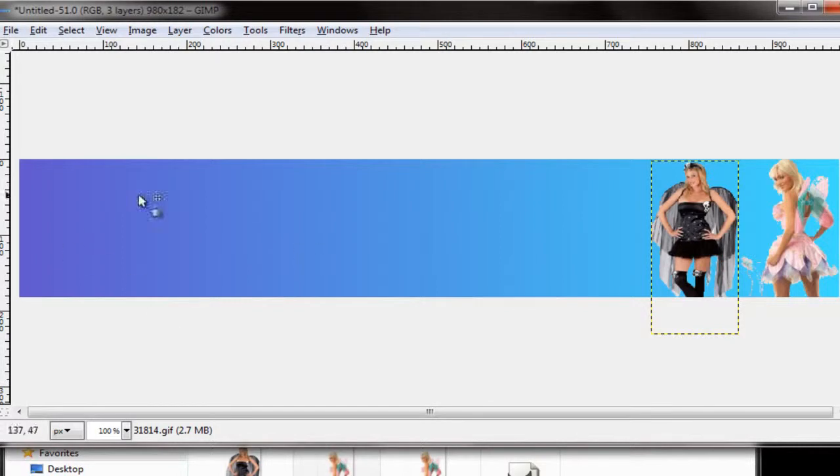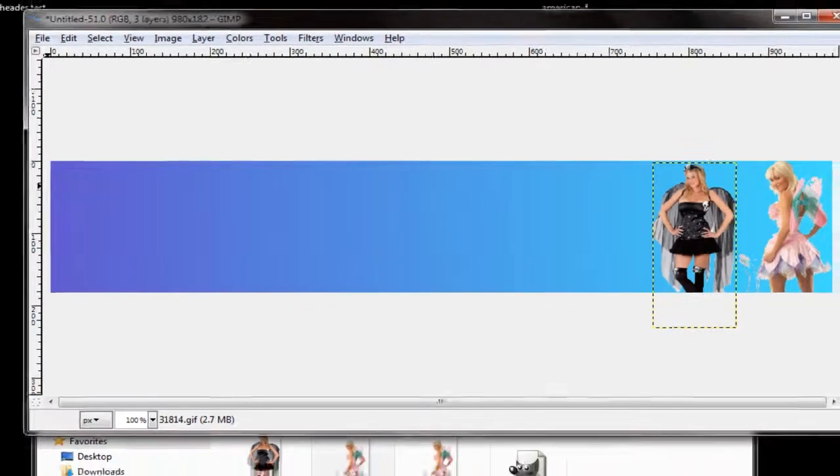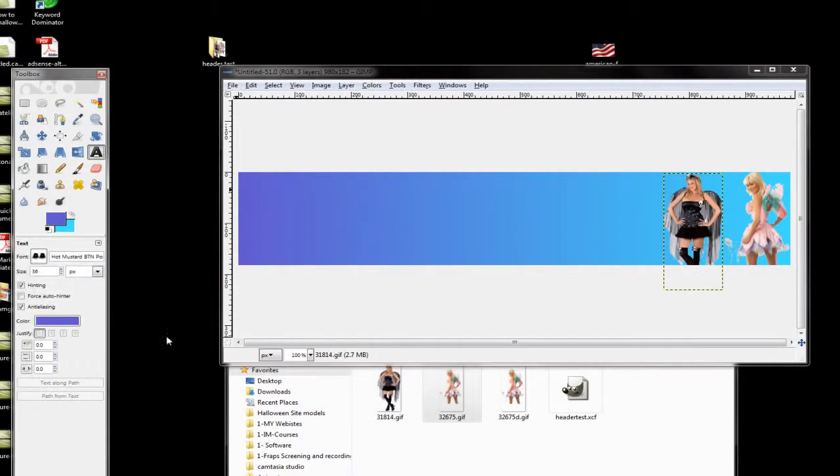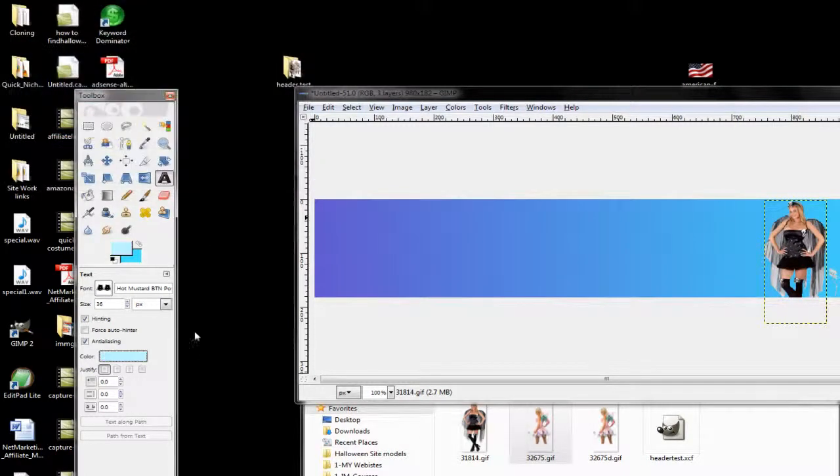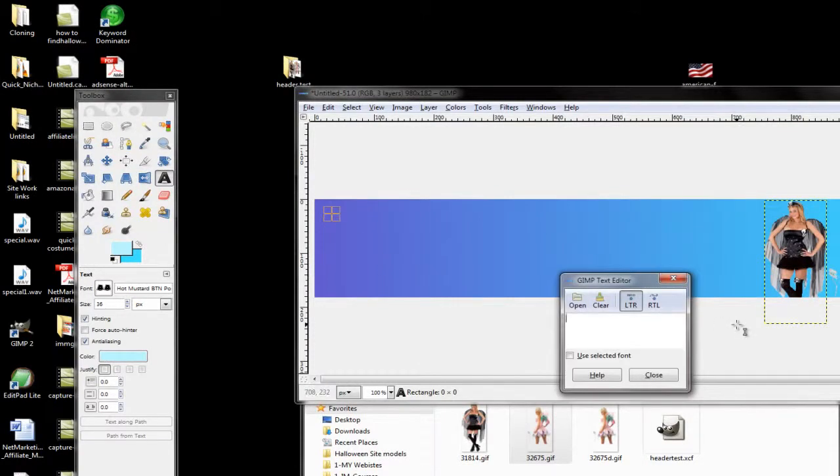Okay. Now let's say, for example, you want to put your own text here. What you can do is click on the little text icon and then pick the color that you want to use first. Let's go for this color, and let's make it a little bit lighter so the text will pop out. Okay. Now we'll just pick where we want it, and let's say this is Fairy Costumes, so Fairy Costumes, and